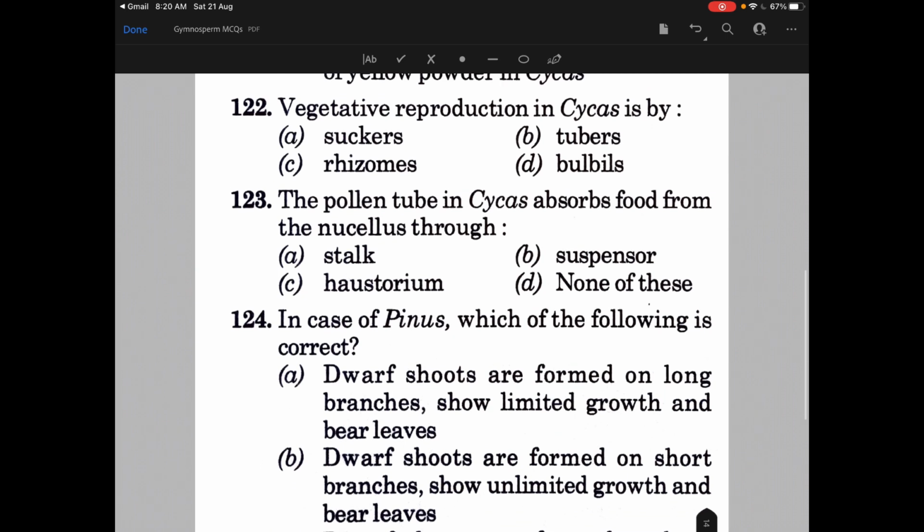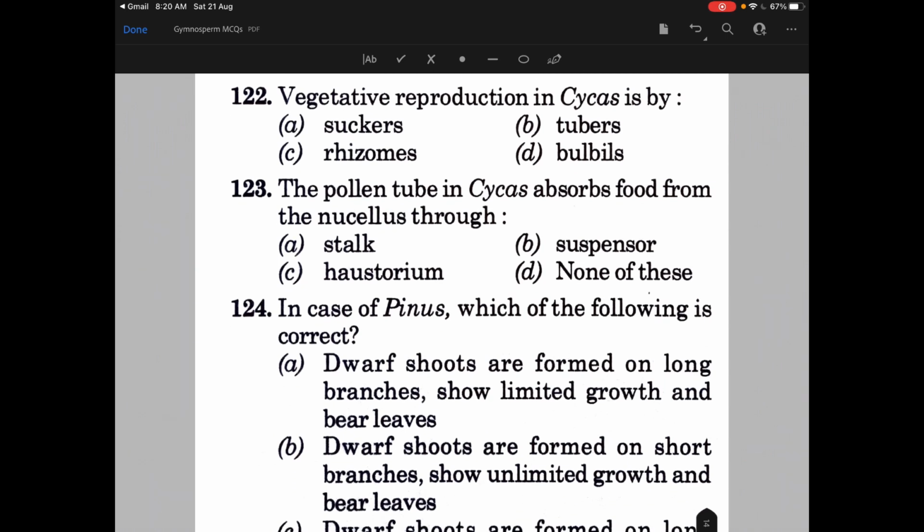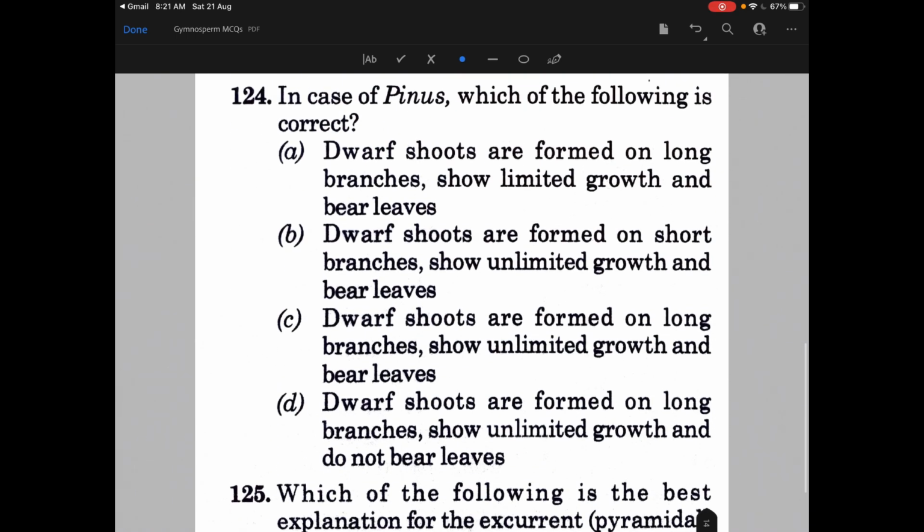Next, vegetative reproduction in Cycas is by dash? And the answer is D, that is bulbils. The pollen tube in Cycas absorbs food from the nucellus through dash? And the answer is C, that is haustorium. Next, in case of a Pinus,